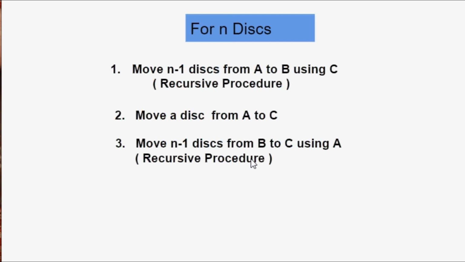What I am trying to tell you is that the number of steps will remain the same, whether there are n disks, 3 disks, or 2 disks. Suppose I have only 2 disks, then this call would not have been a recursive call. Why? Because I was left with only 1 disk and I'll make that transfer only. But since I have n disks, I need to make that recursive call again and again until I am left with only 1 disk. So this is the generalized concept. The steps will remain the same. I am again and again telling you the same thing.